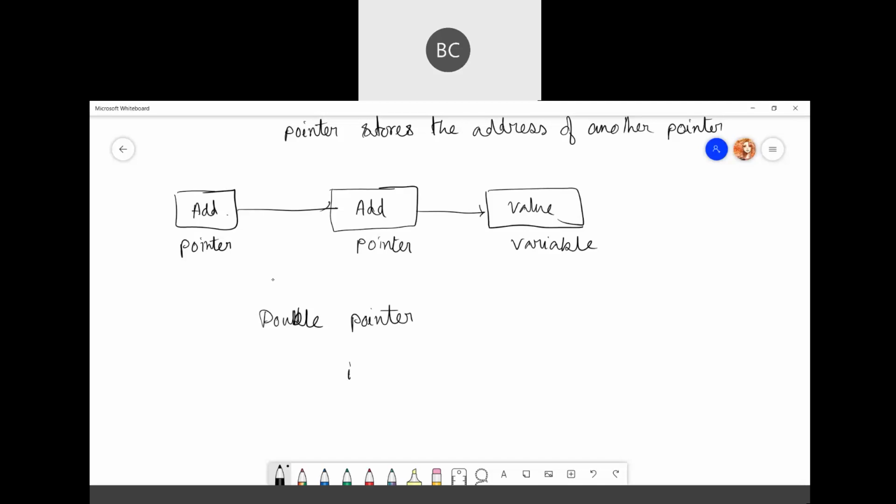You can declare it like int **pp. So it is a pointer to pointer, which is pointing to an integer.